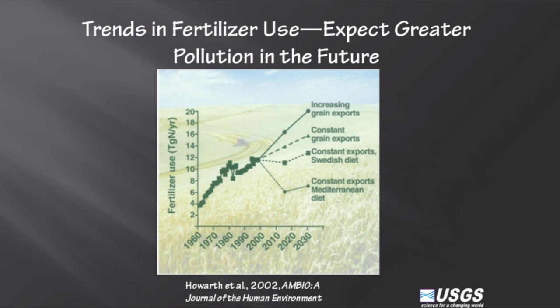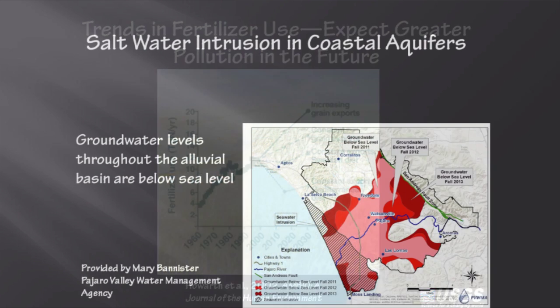But something else that's really interesting about this plot is that they show projections for agricultural changes, where agricultural production moves more in line with the Mediterranean diet. And what that means is that we grow more fruits and vegetables and grains and much less meat. And if we follow those kinds of scenarios into the future, we can reduce fertilizer use in half just from changing the food that we produce. So that's another reason to become a vegetarian.